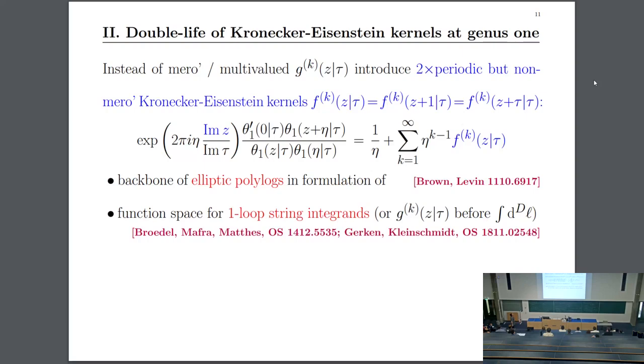If you want to see a single-valued version of these G's that really lives on the torus, then you can use a cheap trick and put an exponential here into the generating series. So this exponential up here is a cheap way of removing these B-cycle monodromies, and actually to all orders in eta. Good, so these are the kernels that will be generalized to higher genus, but let's be honest,